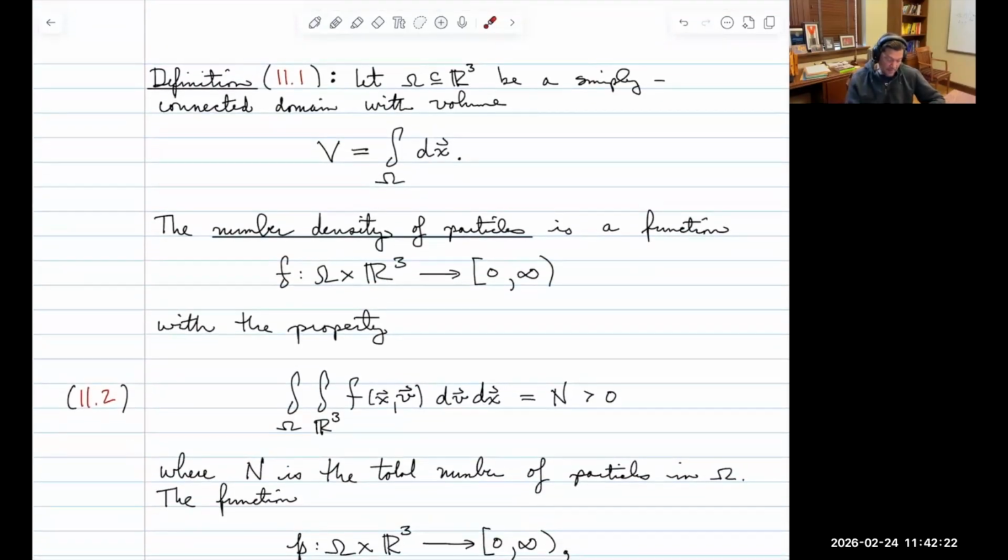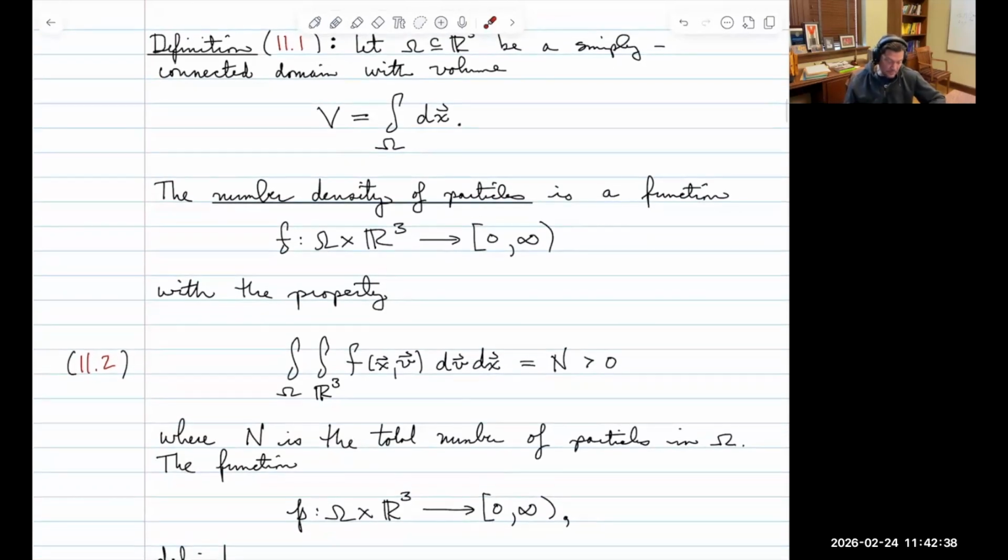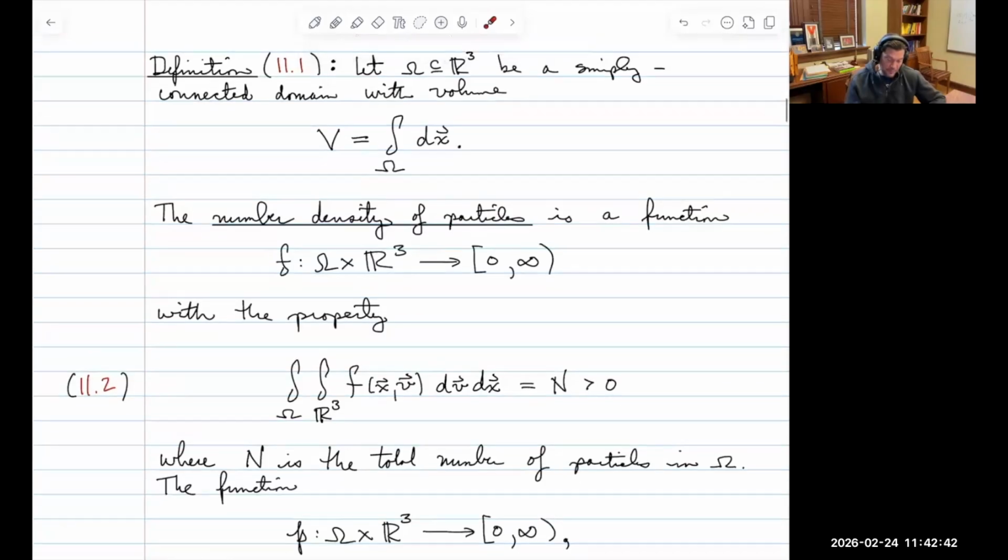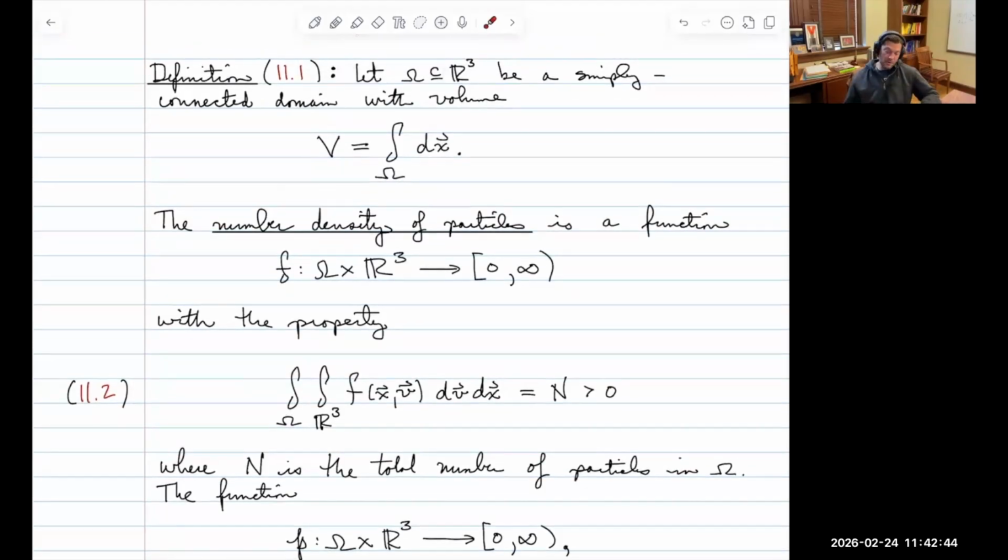This is a positive number, and now it is important to keep track in this section more than ever before of units. So, what are the units of this? Well, for example, the units of this volume are meters cubed, or whatever length you like cubed. The number density of particles, and this is how we're going to track states of our system. We're going to keep track of the number density of the particles. This is a function